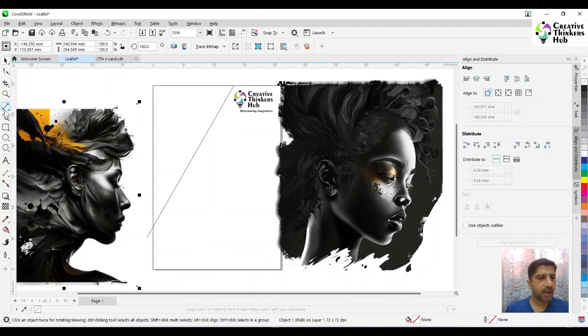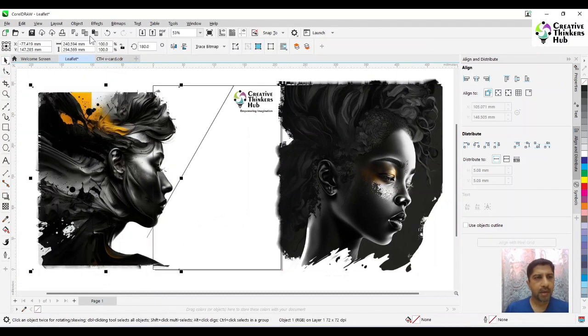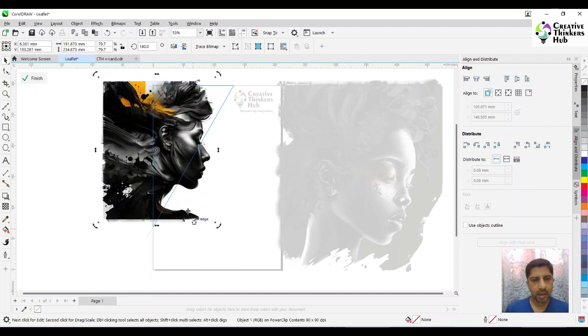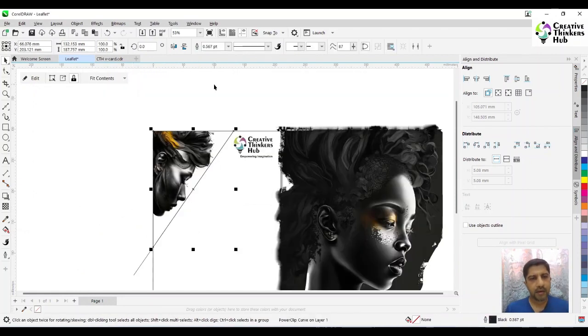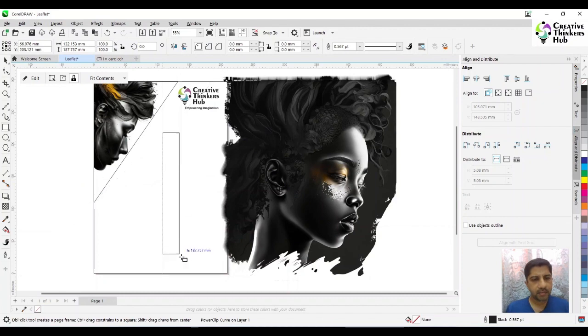We create a triangle here, use the Bezier tool, and we put her in the position. Dramatic color also coming in. Fine. Now we can remove this outline and we can take a rectangle,